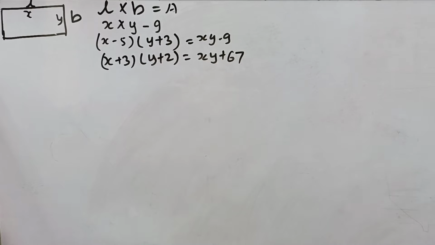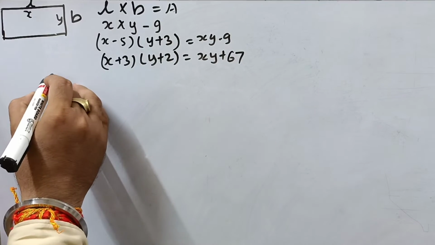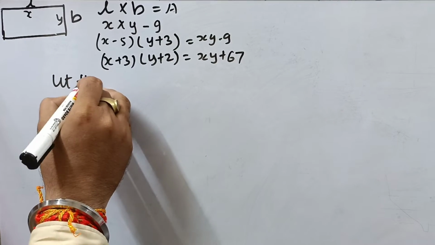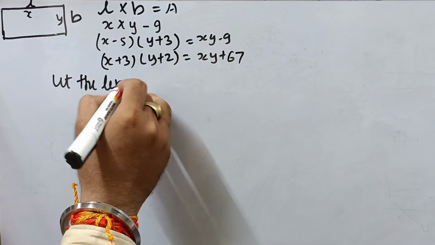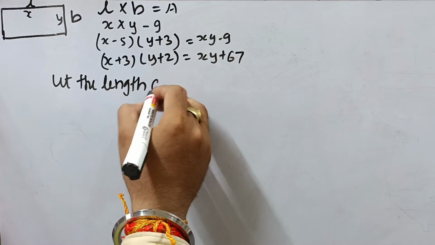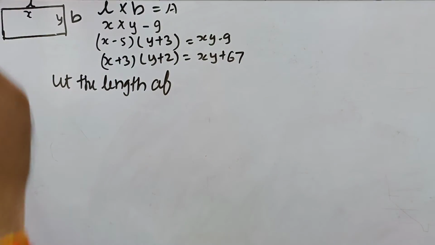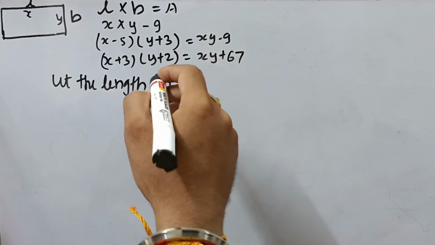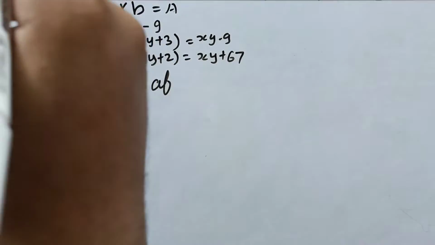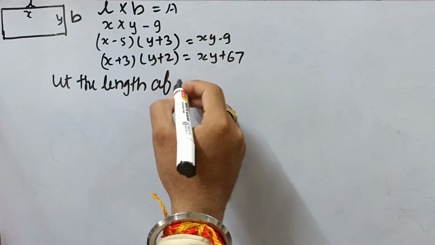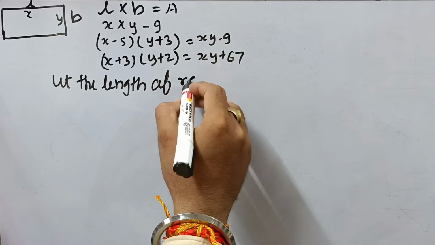By putting in the values and solving these equations, we get the values of x and y. So how to proceed? I hope you understand how to start. Now, let the length of the rectangle be x unit. Here it is not given whether centimeter or meter, so we will use length as the unit. So the length of the rectangle is x unit.